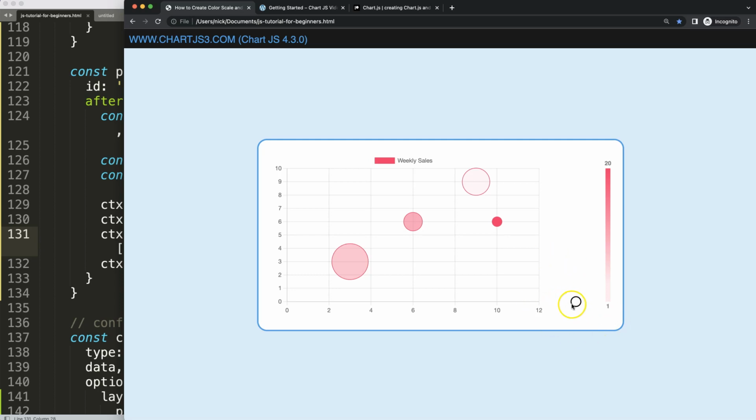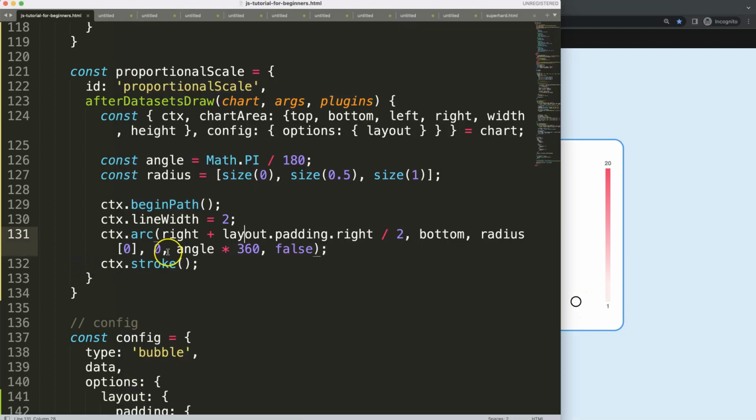What I want to do, because we're not done yet, is I don't want this here. I want to start here at the very top, at the bottom line. So I want to push this a little bit up. How much up? Well, the radius defines basically the distance from the edge to the center, and 2 times the radius is the full diameter of the circle. So what I'm going to do is quite simple. We have here the bottom, and then we can just say the radius of index whatever it is. So if I save that,